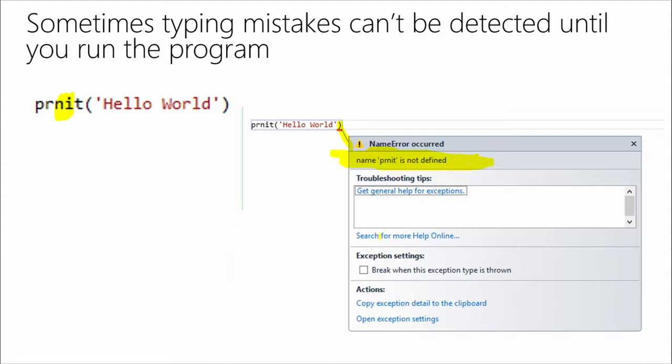If you're really stuck, go to Bing, type in the exact error message, name print is not defined, copy that into Bing, and type in the word Python so it knows it's a Python error message. Yep. And you may well find somebody's post on Stack Overflow: I'm getting this error message, why am I getting this error message? And some awesome developer out there has said, well, you're getting that because, and boom, you've just solved your problem. That's it. Yeah.